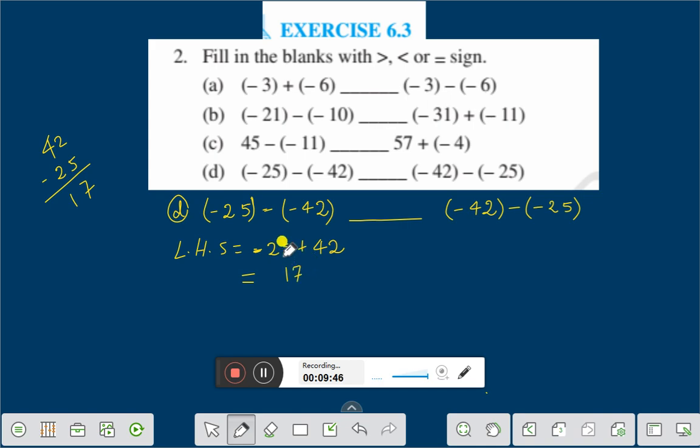Now you see here 25 and 42. Which is greater? 42 is greater than 25. It is plus sign. Therefore, it will be also plus sign. Right? And right hand side, what you are getting on right hand side,